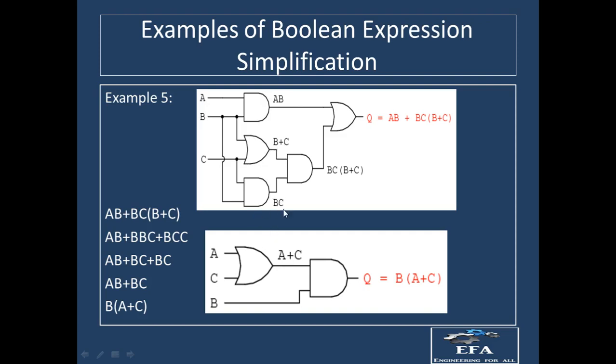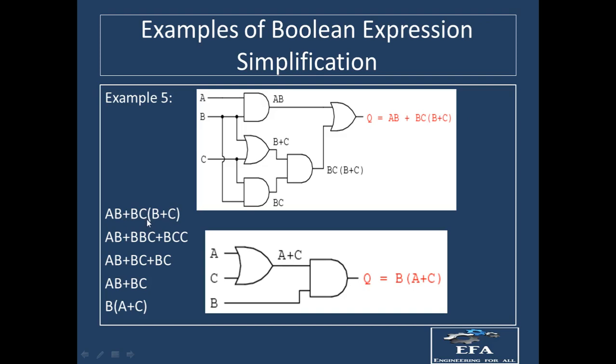Now BC into B plus C will be the output over here when it passes through the AND gate, right? And this expression and this expression, when they pass through the OR gate, will give AB plus BC into B plus C, right? So now we have to reduce this one. This is the equation we are having, so applying the rules and laws over here, you can see